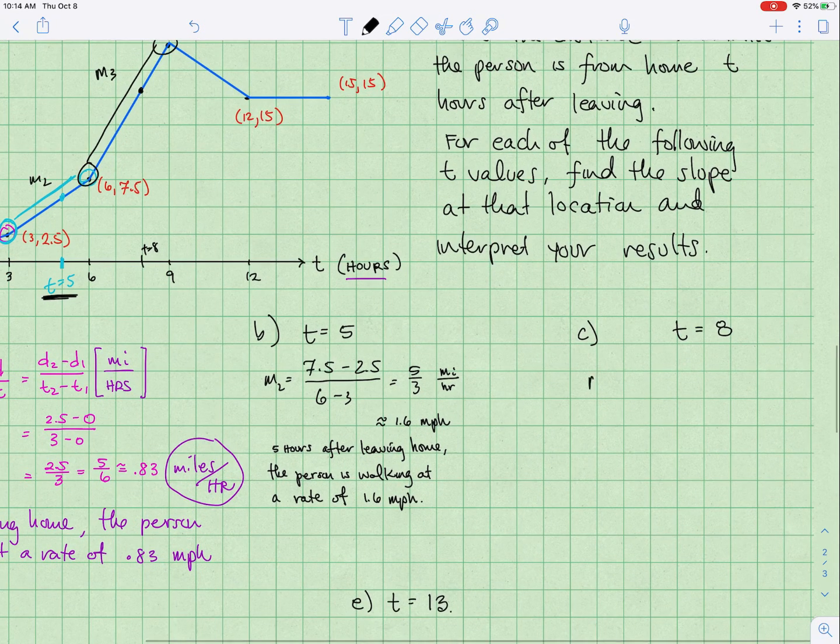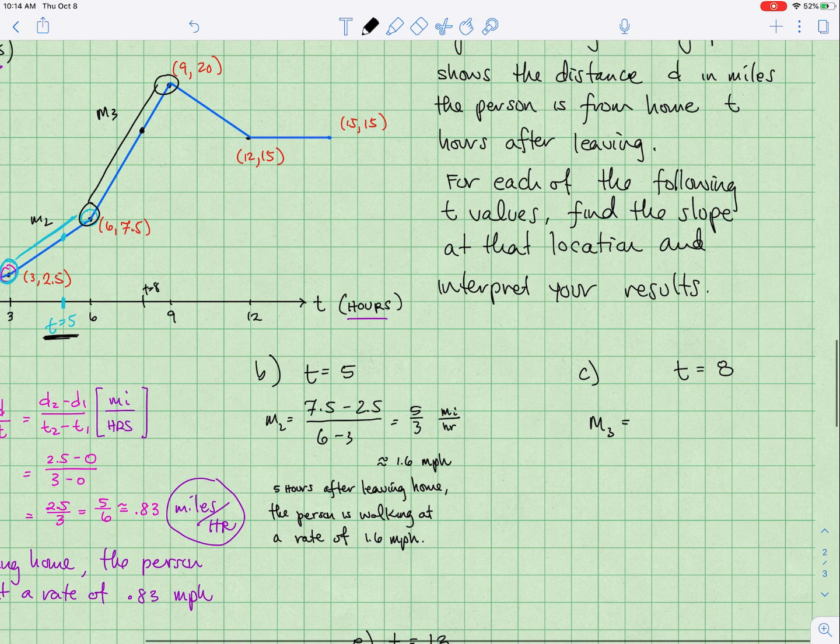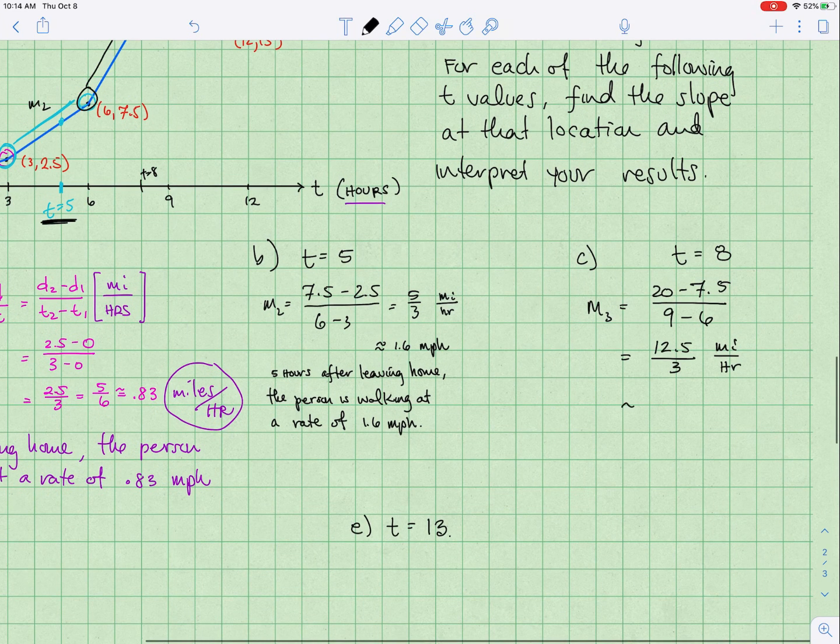And that is, again, going to be, let's see, M3 is the change in the d values, which is 20 minus 7.5 divided by 9 minus 6, which is 12.5 over 3 miles per hour, meaning that in about 3 hours they covered 12.5 miles, or on average